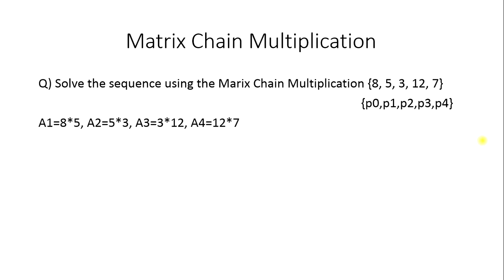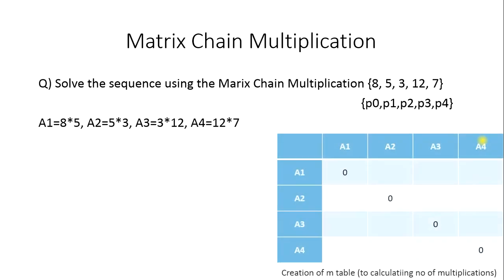After that, we know that there are four matrices with particular dimensions. So what do we need to do? We need to create an M table. There is a table that calculates the minimum number of multiplications, right? So it's a 4 by 4 table with 4 rows and 4 columns, and we fill it diagonally with 0. Why do we fill it with 0 diagonally? Because a1 and a1 will not multiply because of the dimension, and so on. Other than that, the lower portion of the diagonal zeros will not be filled. Why? Because the lower portion cannot multiply.